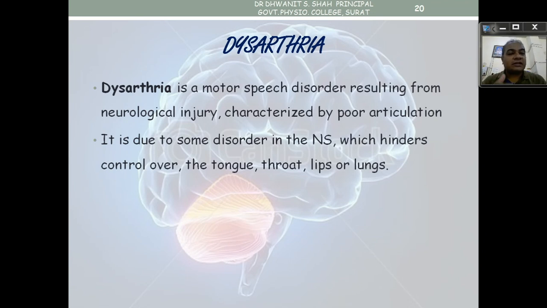If this is not coordinated, the patient's speech will be affected. The patient will be speaking, but it won't be clear because there will not be coordination of the lips and tongue along with the breathing, air going out and in. That will be incoordinated, therefore speech will be affected. The sentences will not be clear, and the person will speak with breaks in between, dividing the speech into small parts. This is an example of dysarthria.